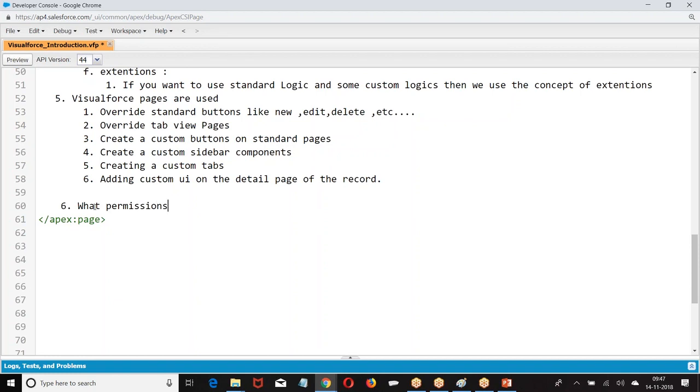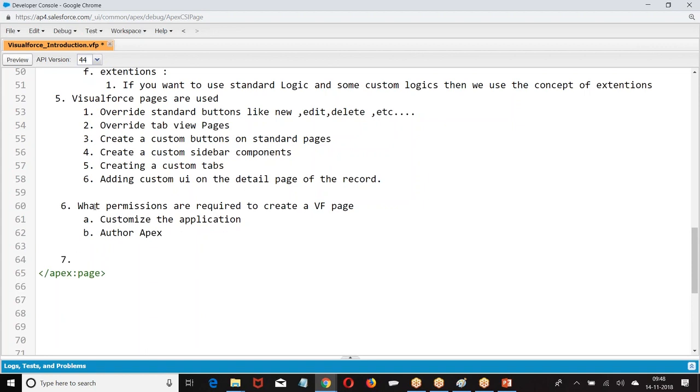What permissions are required for Customize Application. Right.